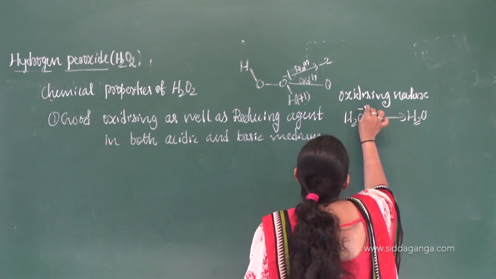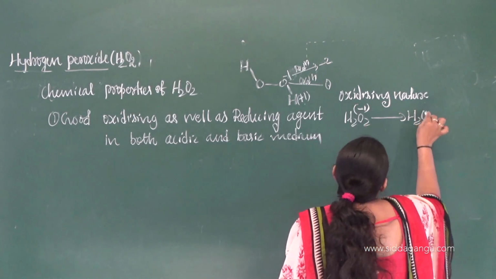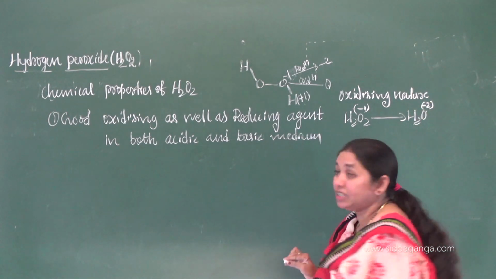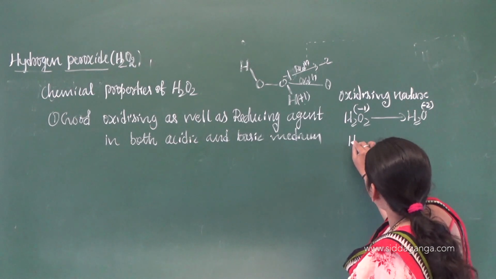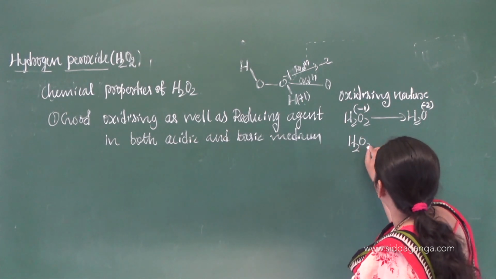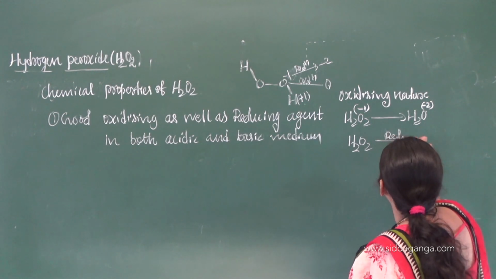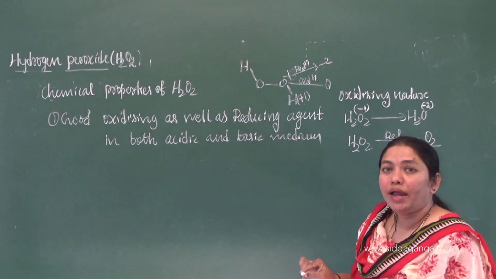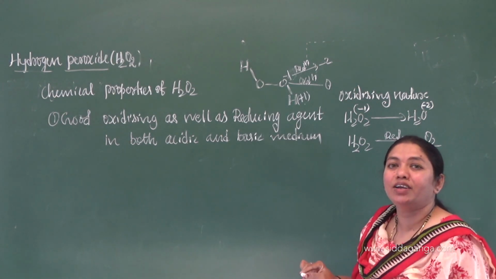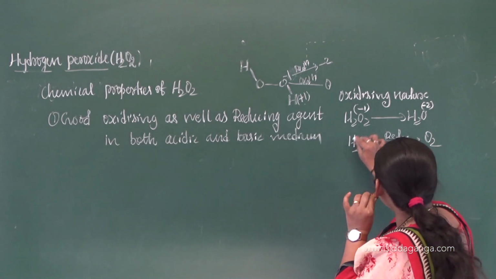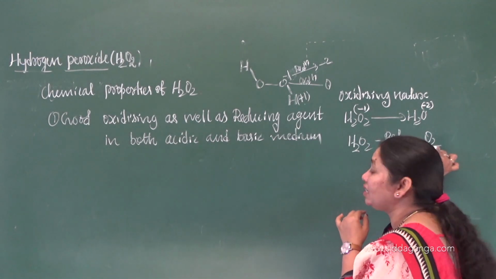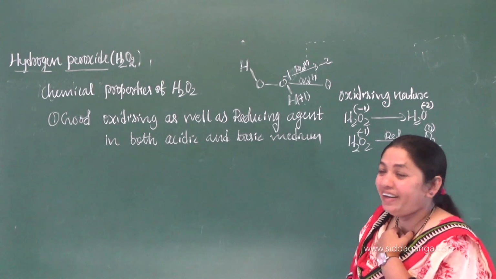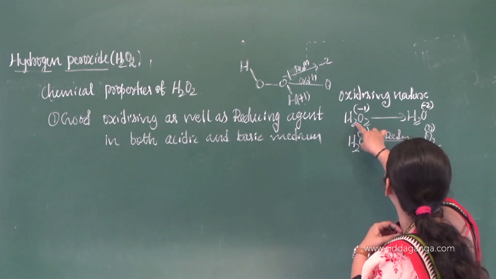Oxidation number of oxygen here is -1. Oxidation number here, what can we say? It is -2. Similarly, if it is acting as a reducing agent, it will be converted to oxygen. It will get oxidized and it reduces others. Right? So it oxidizes, meaning the removal of hydrogen. Here you can see that the oxidation number is -1, and it becomes 0. Right? It oxidizes to oxygen. It reduces to water.